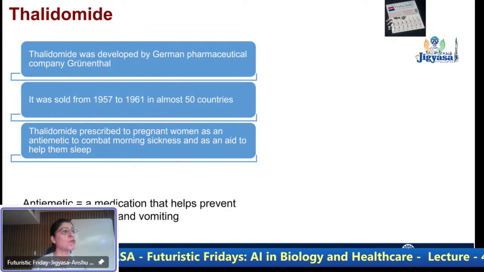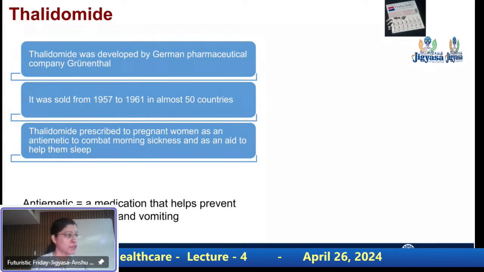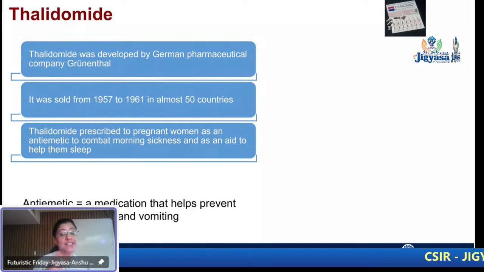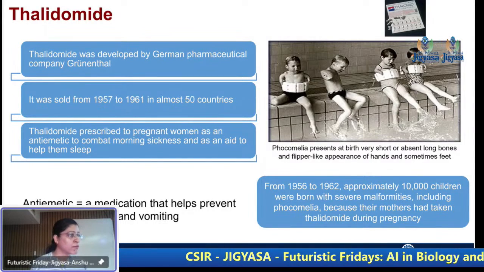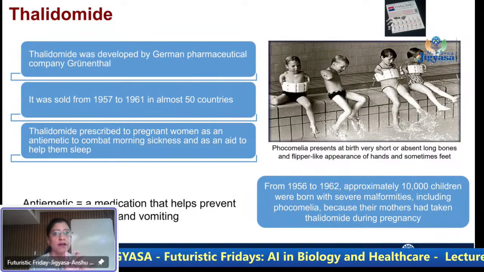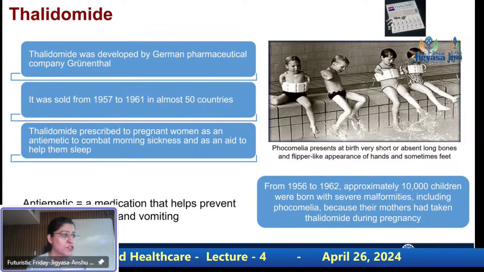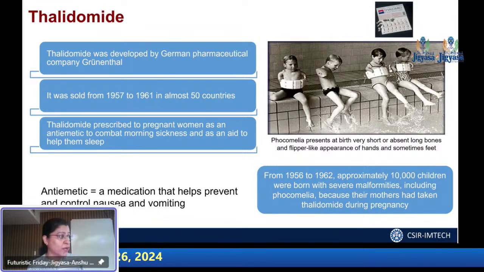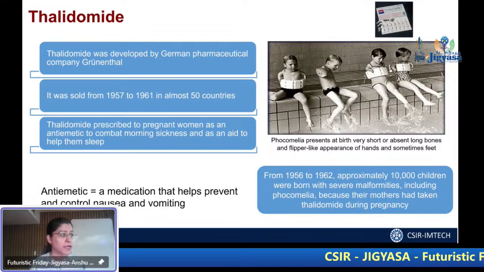Pregnant women who felt morning sickness used to take this treatment, and they used to feel good after this. So obviously the drug worked and everybody was happy. But subsequently, what people started to report is this: the children born to these pregnant women were born with very small legs and hands. And this condition is called phocomelia. So at that time, people realized that it is not only the immediate effect of the drug, but one has to actually think about the long-term effect of the drugs, right?